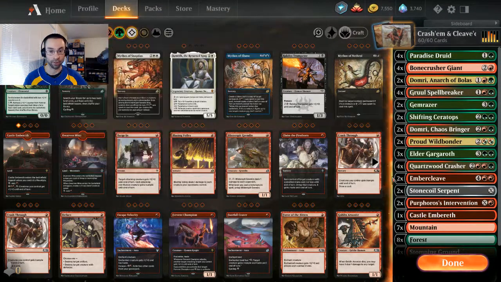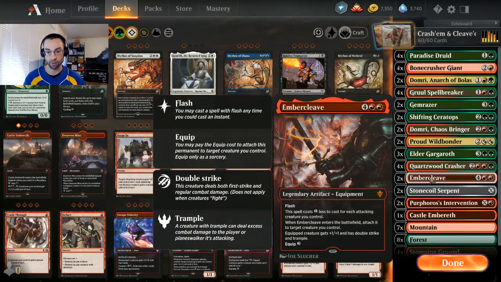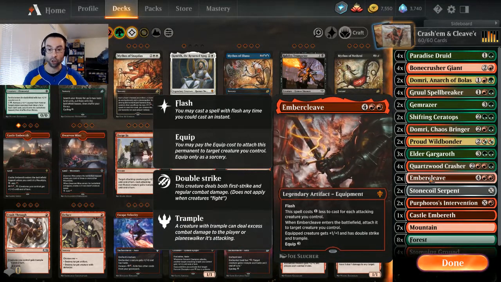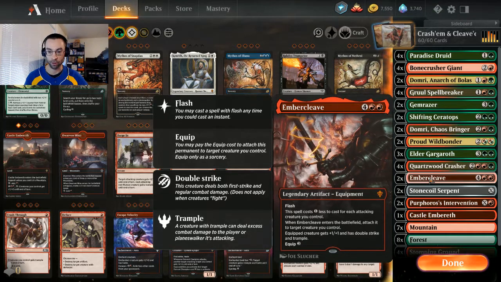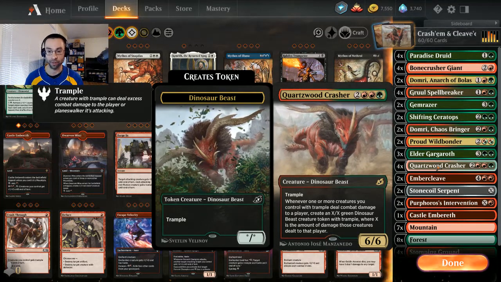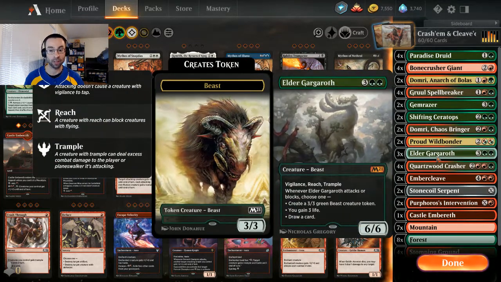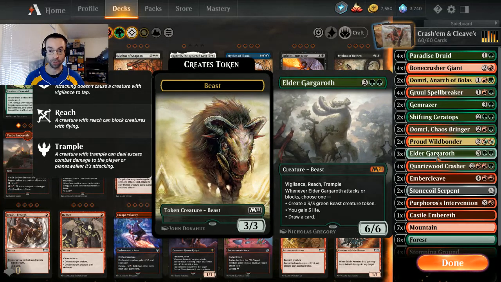Stonecoil, certainly a fine card. Embercleave, of course, can win you games just by itself. Well, not by itself, you have to have creatures, of course. Most of our creatures are big enough that Embercleave is going to give you the value you're looking for. Quartzwood Crasher, just a ton of fun. The Elder Gargaroth definitely gave this deck another fantastic dimension with a Trample creature that gives you additional value as